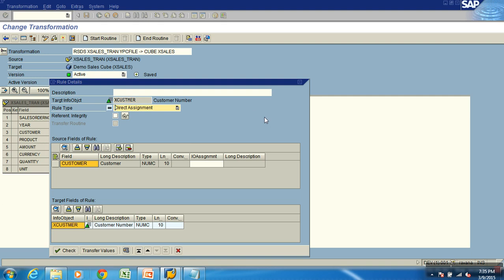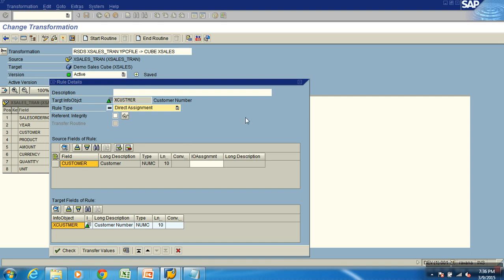So depending on the situation, if I'm happy with the data coming from source, I have no issues, and it will all be direct mappings only. But if I'm not happy with the data coming from source, what will I do? I'll be transforming the data by using routines, formulas and all those things, so that all the transformations are handled in the transformation itself.